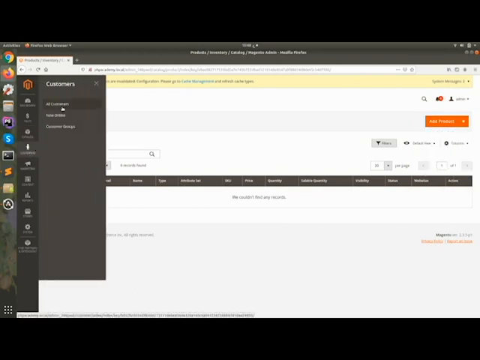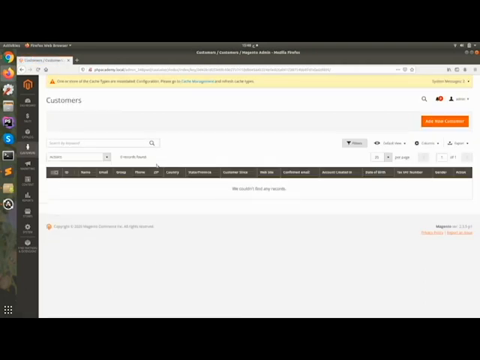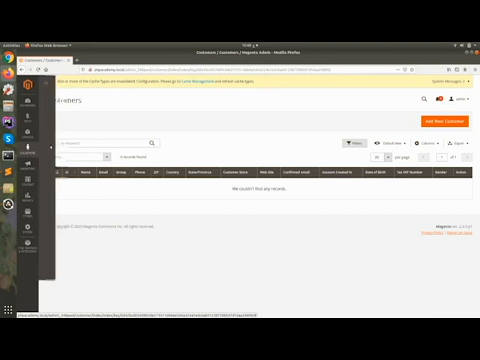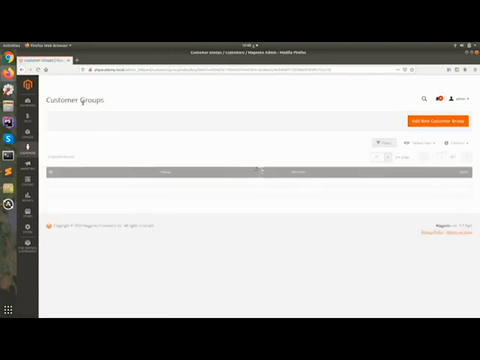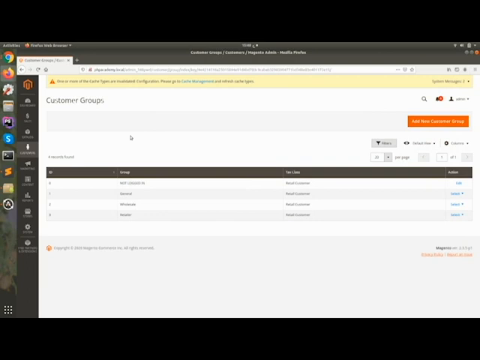then here you can check customers. So here you can manage your customers. If any customers register from the website, it will display here. And also you can create customers from the admin as well. Then here you can manage your customer groups. Suppose you have multiple types of customers like VIP or wholesaler. Okay, so you can manage it from here. And you can assign any customers to any group.